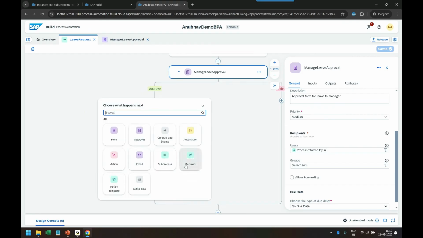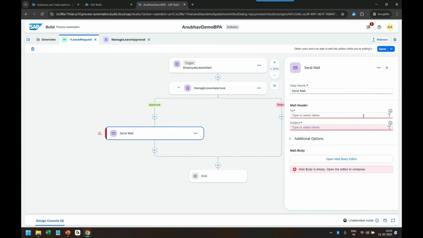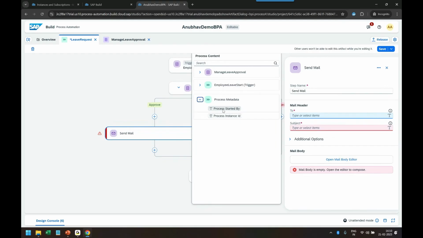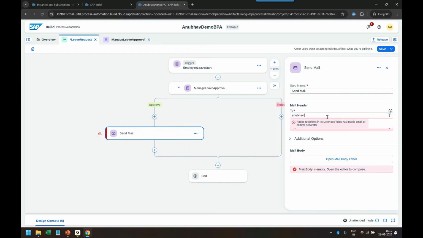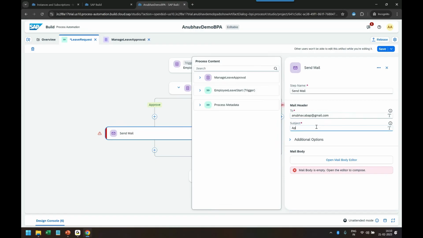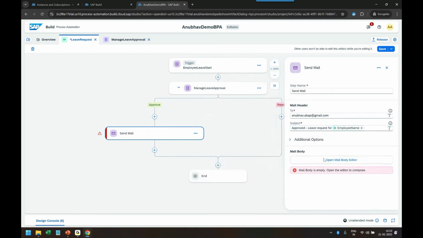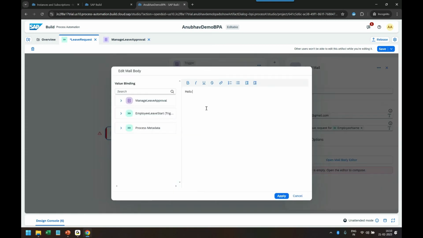So I come back and I will create a mail task, email task. Who will receive the email? I only will receive the email. So I will enter my mail ID, enter, perfect. What will be the subject? Approved. Yes. Leave request for the name of the employee. Perfect. Then I can open the mail body and I can say, hello, the name of the employee,